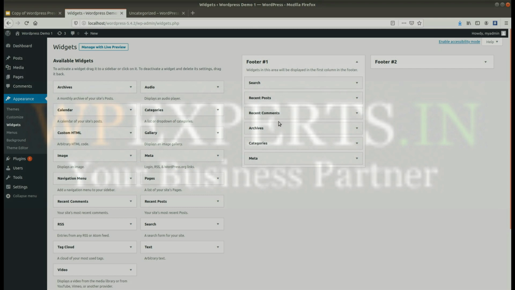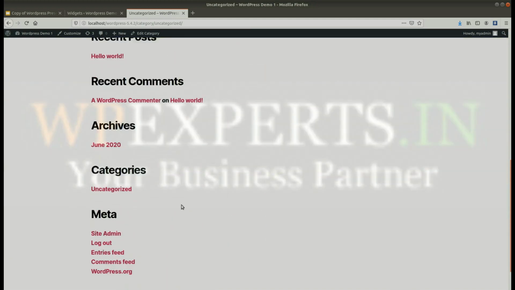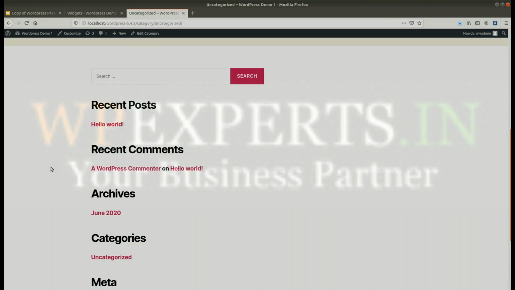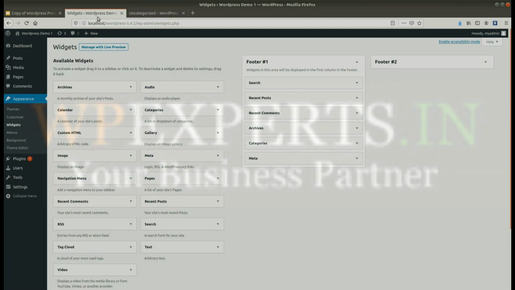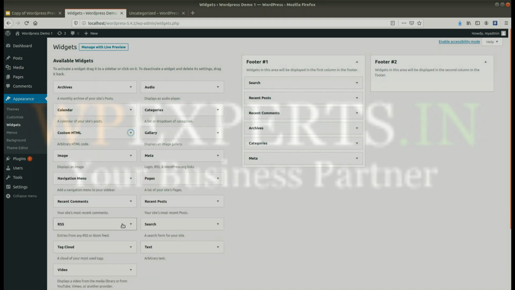They have allowed only a footer. So you can see this is the footer widget section, and these settings are displayed here. So you can manage your website sidebar from here, and by drag and drop you can assign any post or any new widget into your WordPress.